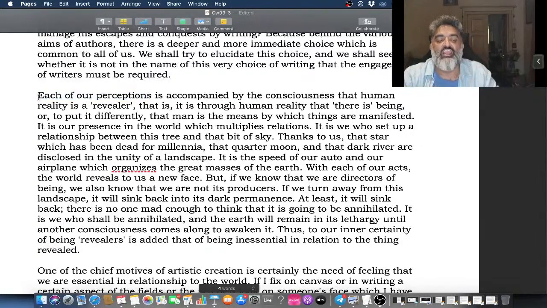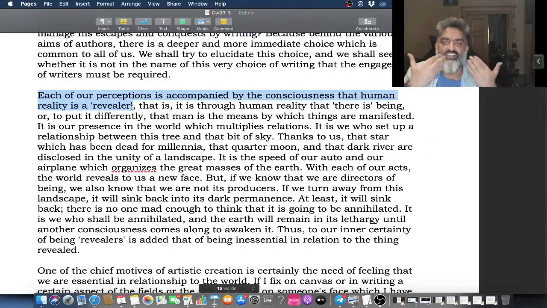So let me see. Each of our perceptions is accompanied by the consciousness that human reality is the revealer. Okay, so think about the sentence: perception accompanied by... and you might not have thought about this, right? But can you deal with the idea right now that human reality is the revealer? As you deal with the idea,